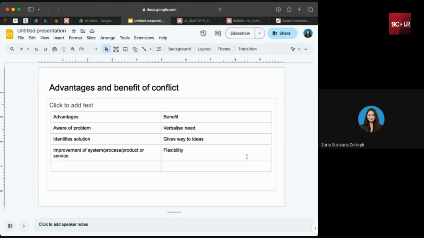Okay, we the younger generation are lacking in terms of interpersonal skill. So we have to be flexible. We have to learn from each other. Okay, so this is the benefit. So what I want to say,